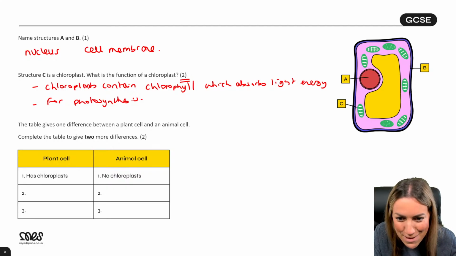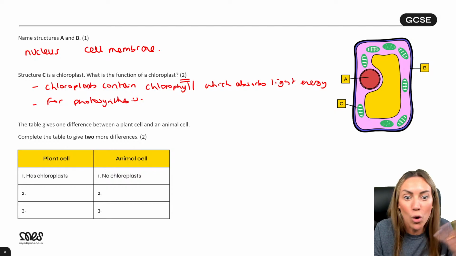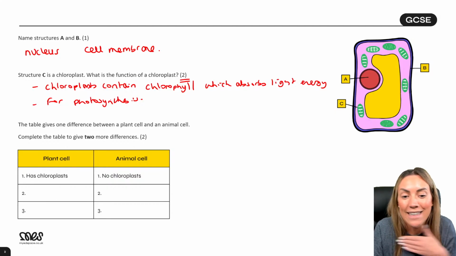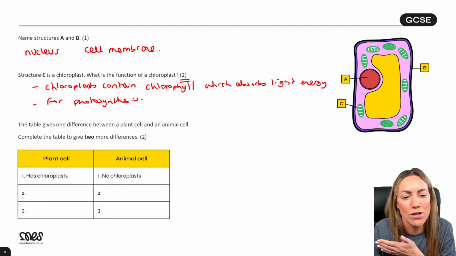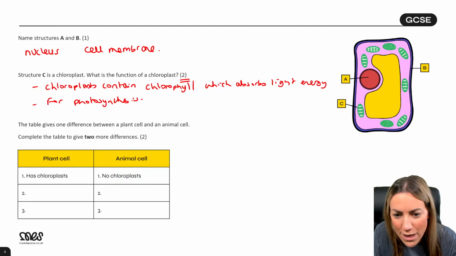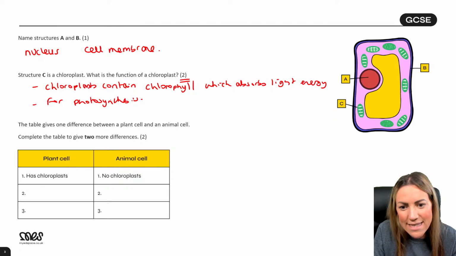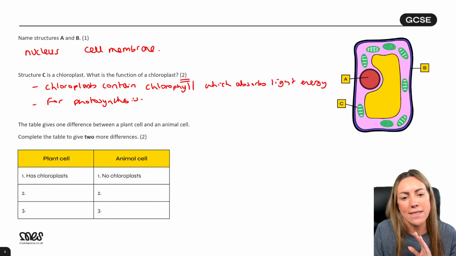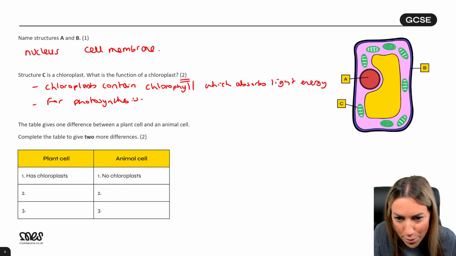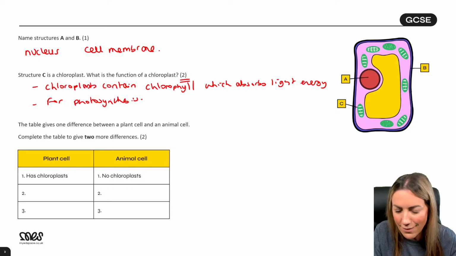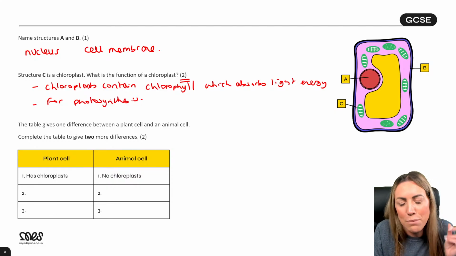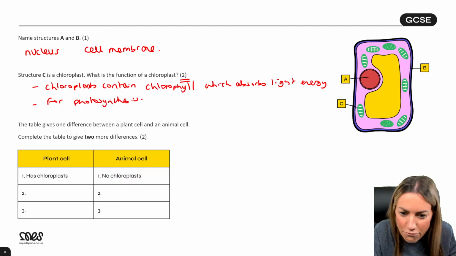Let's keep it going. Let's keep the pace. Yes, triple and combined. All combined content is on triple. Like everything combined scientists learn, triple scientists learn as well. And we'll do some triple only questions at the end. Is this a predicted paper she's doing? No, but, and I should have said this is important, I have looked back at all the previous papers and I have chosen questions specifically on topics that I think are more likely to come up, if that makes sense. But it's not a predicted paper. I don't have a crystal ball, but I have chosen these questions for a reason.